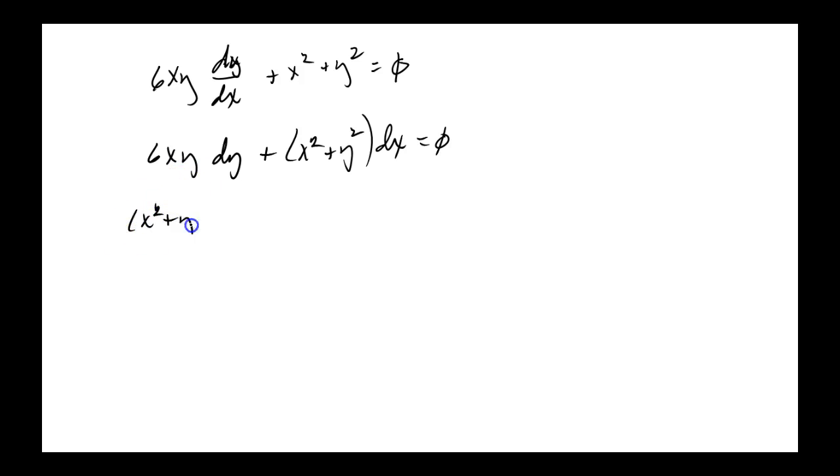(x squared plus y squared) dx. So traditionally we put the dx's first. Plus 6xy dy equals 0. Nothing any better or worse about that. All right. Now,